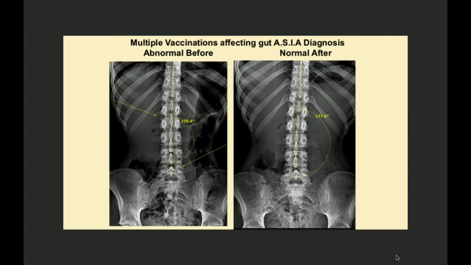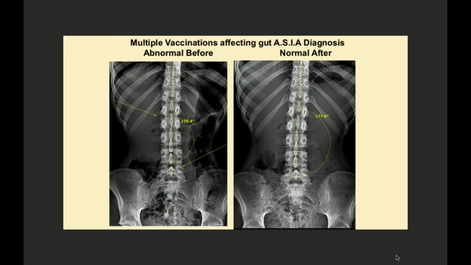The one on the left where you see that big expanded intestinal tract, that's supposed to be the size of a stool. So it's supposed to be a little bit smaller than the vertebrae. Does that look smaller than the vertebrae or 3 or 4 times bigger? Yeah, that's an expanded intestinal tract from vaccines, medication, toxic food, or compromised nerves. Luckily, that's her, I think it was like 3, 4, 5 months later.